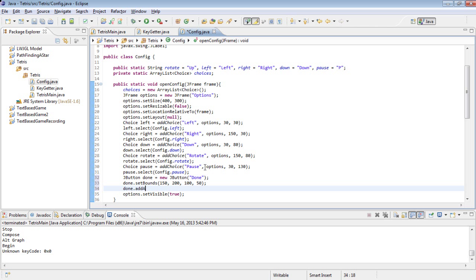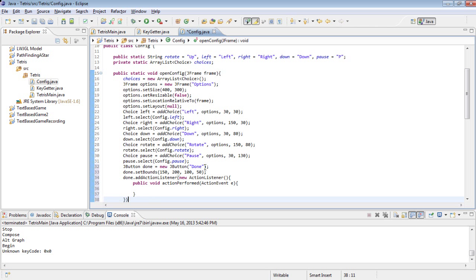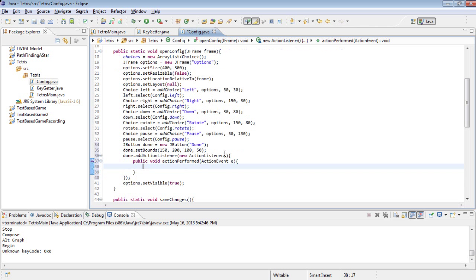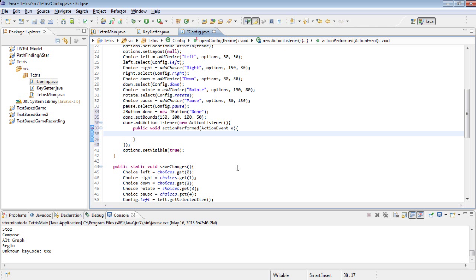Done.addActionListener. New ActionListener. Public void actionPerformed(ActionEvent e), close that, import all that. saveChanges,